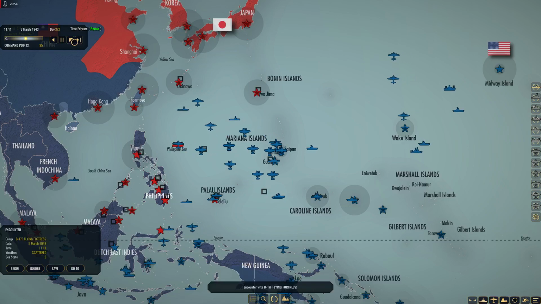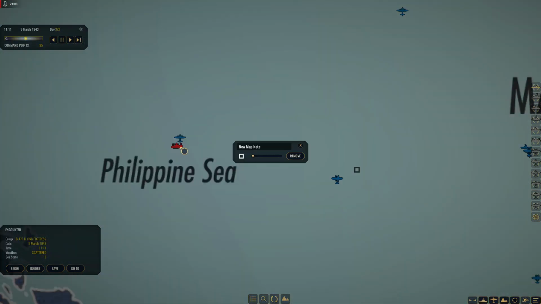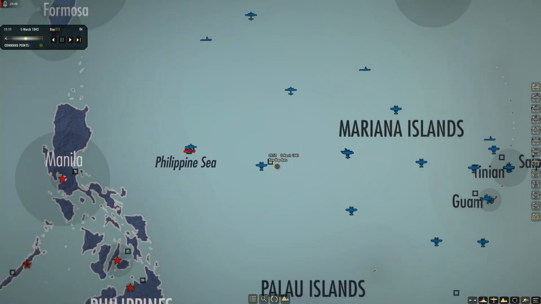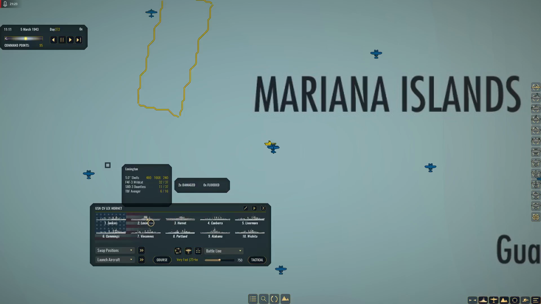So that's the thing. Flying Fortress, another supply ship, a little further out. Let's see if we can do something about that. This is just a reoccurring thing. I think they're coming from Hong Kong. Can we send out something from here? How about...